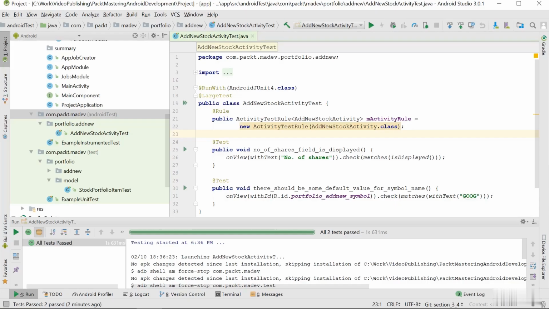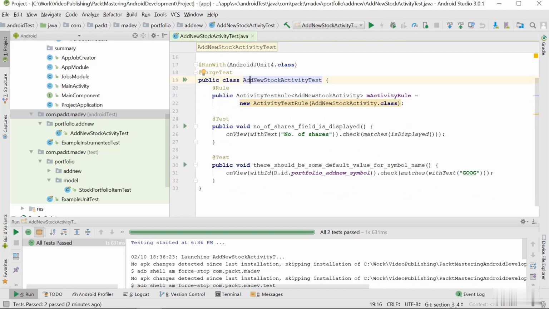So let's take a look at the code. How can we do that in our application? So we have this test, add new stock activity test, which will test a new stock activity, obviously. And we have this rule that's required for Espresso framework. It's really simple. And one simple test that we're going to do is to check if the text number of